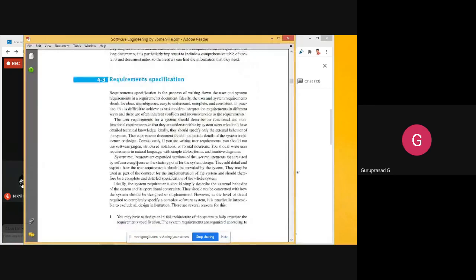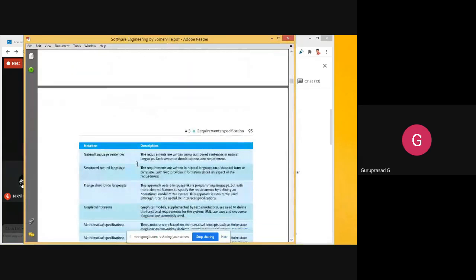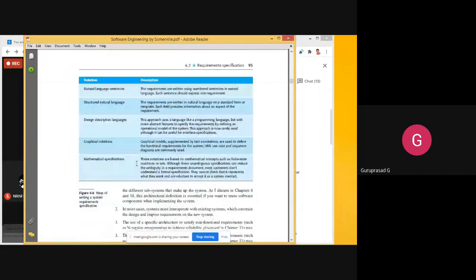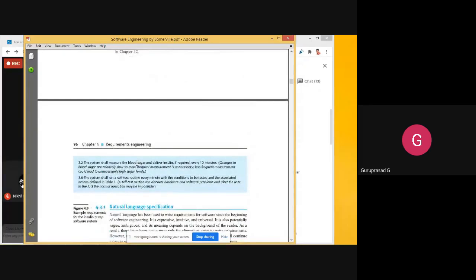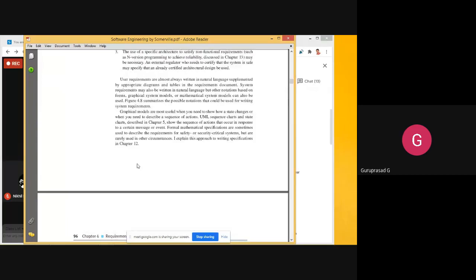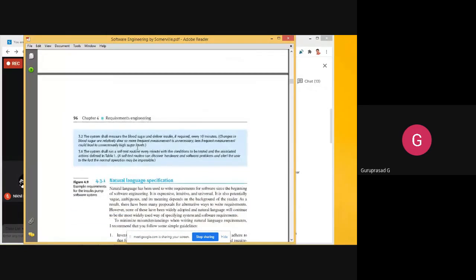The specific requirement specification. The very simplest method we have is the natural language specification, okay? So you see here, it is in the form of a table. It is written there, okay? You have Table 4.9, the requirements for the insulin pump, correct? It is given there. So those are the two requirements we have, two examples. Okay, fine. So this is a natural language requirement specification, correct?